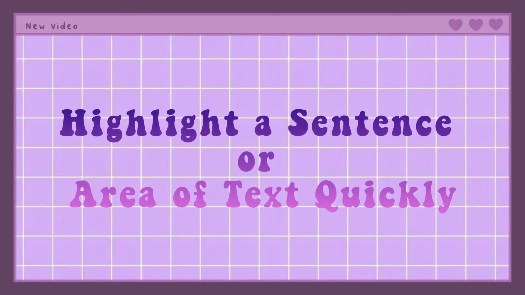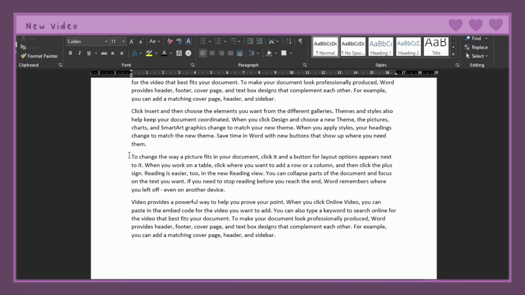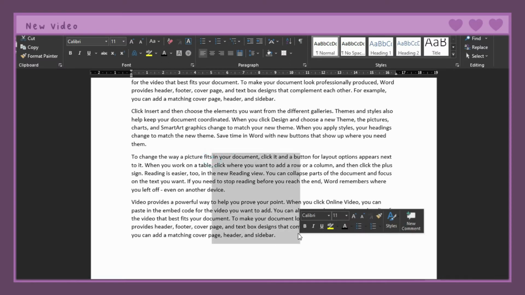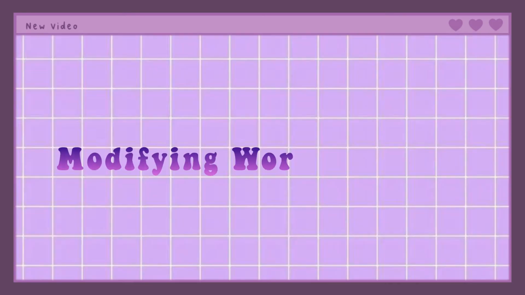Instead of clicking and dragging to highlight an area of text in Microsoft Word, you can click at the start of the area you'd like to highlight, hold Shift, then click at the end of the area you'd like to highlight. To quickly highlight an entire sentence, hold down the Control key in Windows and click any part of the sentence. If you use the Alt key and drag your mouse, you will be able to highlight characters in a square on a specific area.